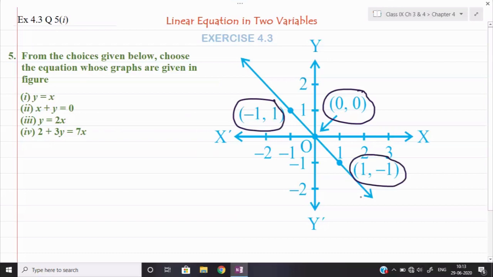So we know that if, for example, the first equation is passing through all the 3 points, then these 3 points will satisfy the equation. It means if I put these 3 points, 0, 0, -1, 1 and 1, -1, in equation number 1, it will satisfy; LHS and RHS will come out equal when I put the point in the equation. In the same way, it may satisfy the second equation also.